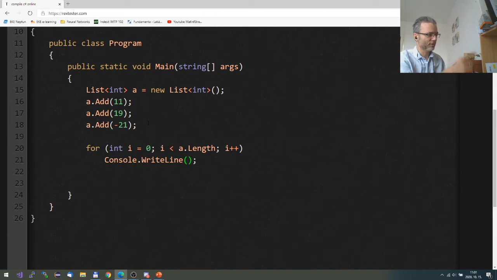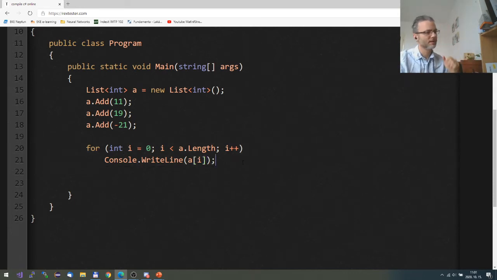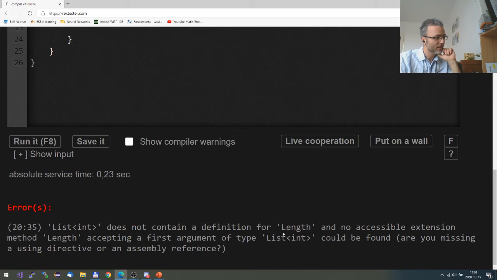And I didn't mention it, but I showed you can also use indexing over lists. So this looks the same for lists and arrays. The only difference is this part, right? So let's see if it works. It doesn't work. It says that the length is not contained by the list